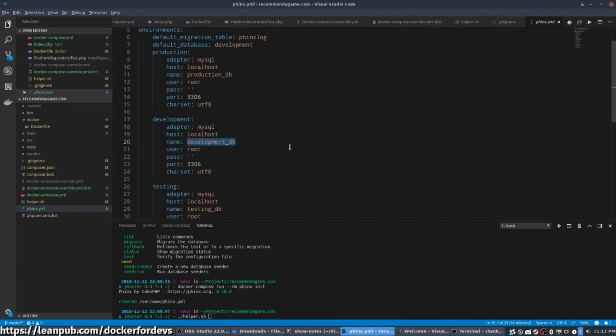But we're going to go ahead and modify this development section. And the name is going to be appdb. The username is going to be appdb. And the password is going to be password. Now,